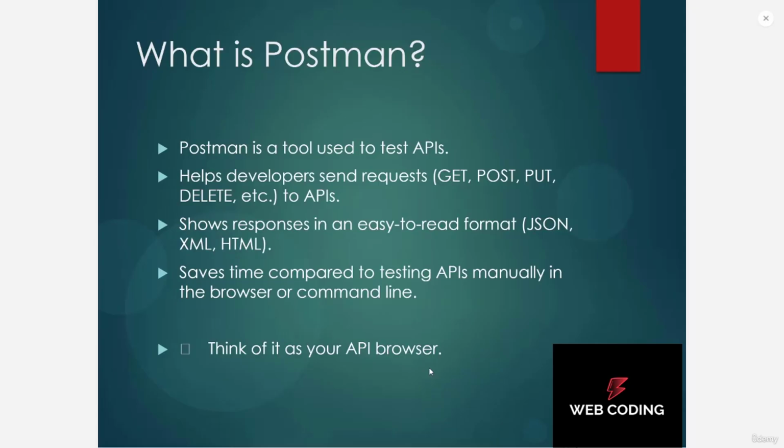Alright, so what is Postman basically? Postman is a tool, it's just a software that we use to simply test APIs. So you can test APIs in various ways. For example, you can test it with Guzzle, which is a composer package. You can test it also with Curl, which is simply a tool that's implemented right inside PHP,